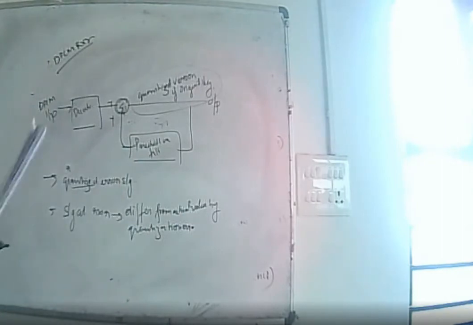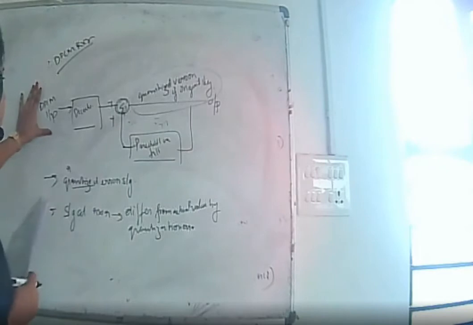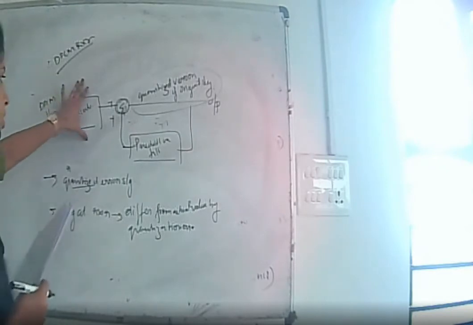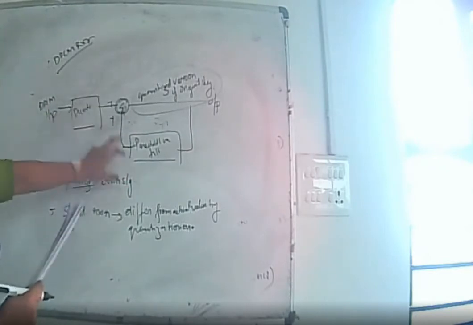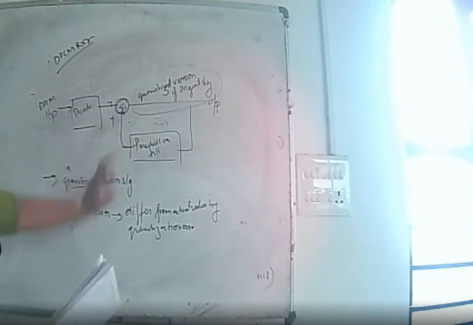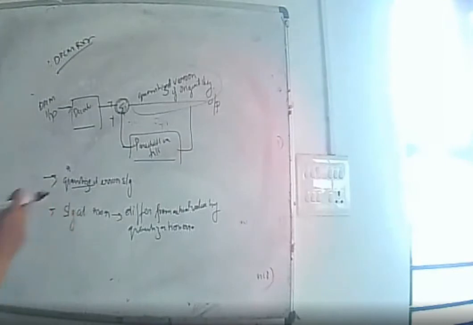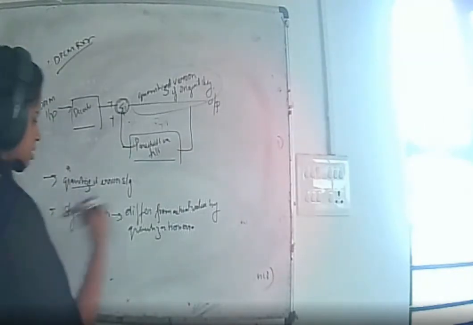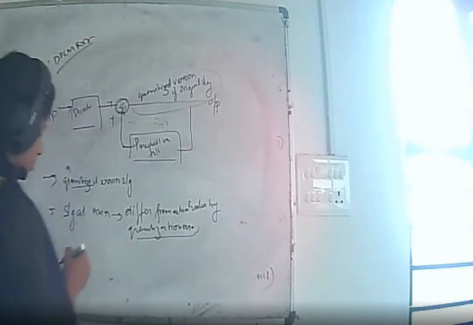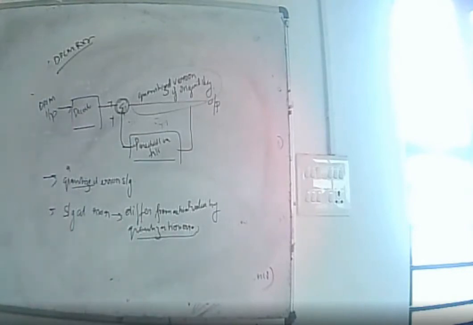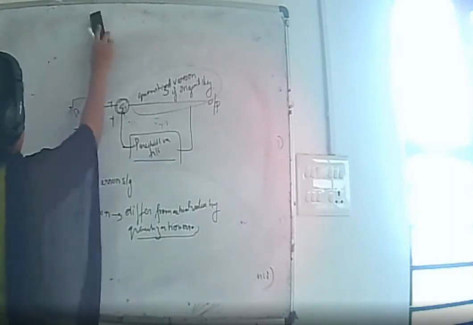The quantization error signal is our DPCM input, and that is given to the decoder. Then we will add up both this decoder output and the prediction filter output to get the quantized version of the original signal. This quantized version of the original signal differs from the actual value by the quantization error. This is about the DPCM receiver.